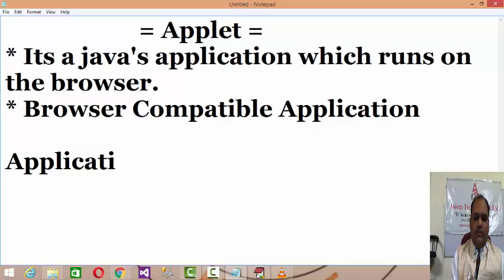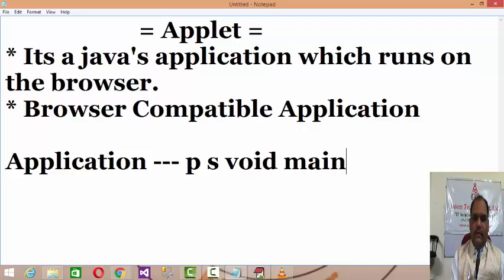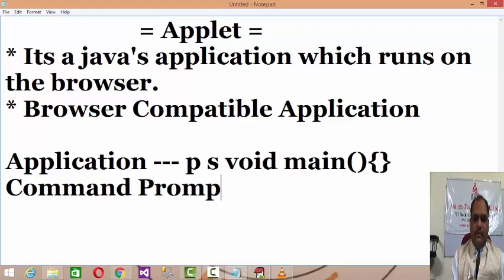because up till now whatever the Java programs we tested, they all having main method, right? And it runs on the command prompt. But applet having different functionality, right?